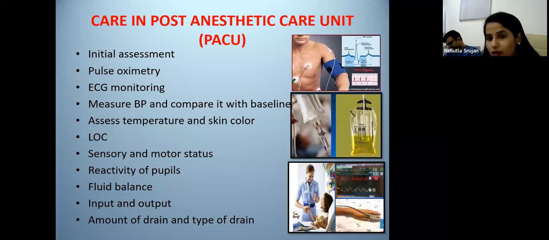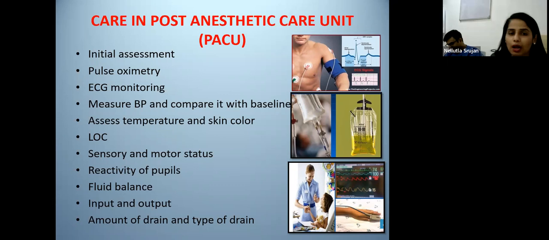We also have to check the level of consciousness of the patient. We follow a neurological scale, that is the Glasgow Coma Scale. Sensory perception can be tested by a pinch also. Reactivity of the pupils should also be observed, and intake and output, which is very essential for a nurse. We count the 6 hours from the end of the surgery to check whether the patient has passed urine or not. If they have not passed urine, then it is a critical alert that we need to inform the